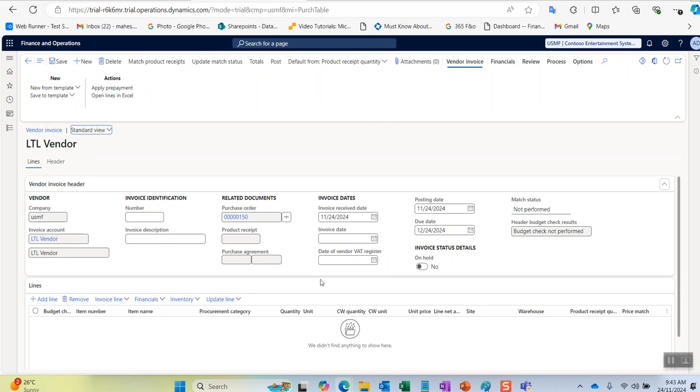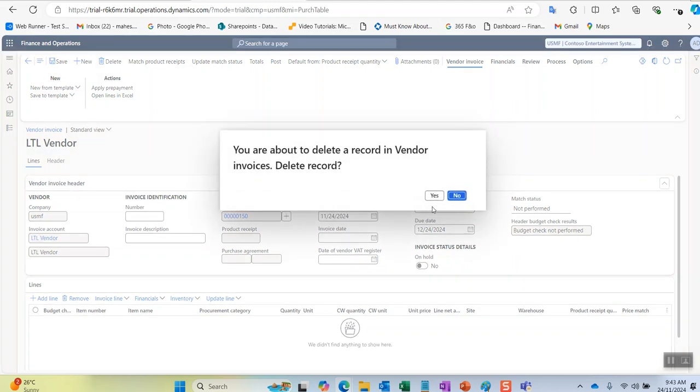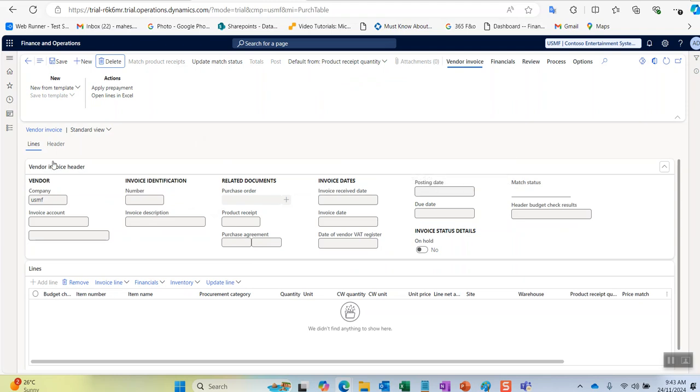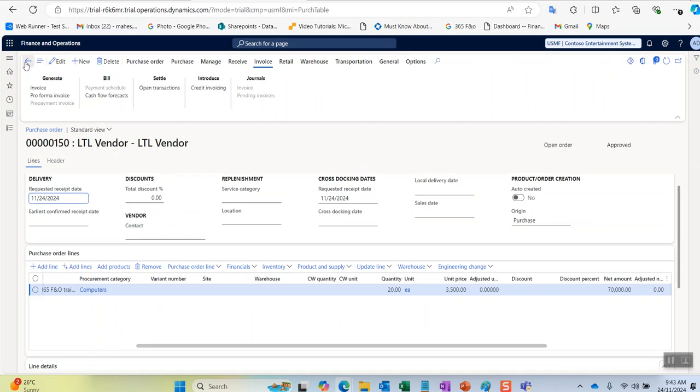Everything is blank. The main reason is that as we have not confirmed the purchase order, we are not able to proceed further. Let me delete it. Okay, let me go a step back. So let me do the confirmation